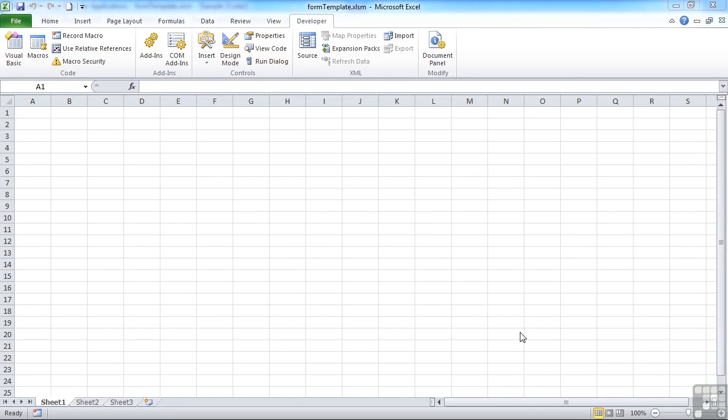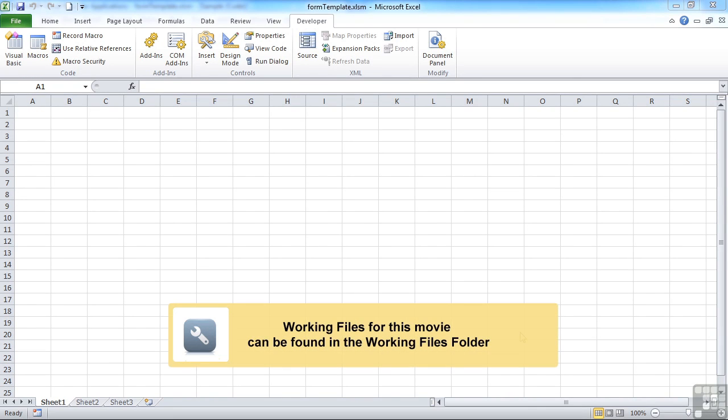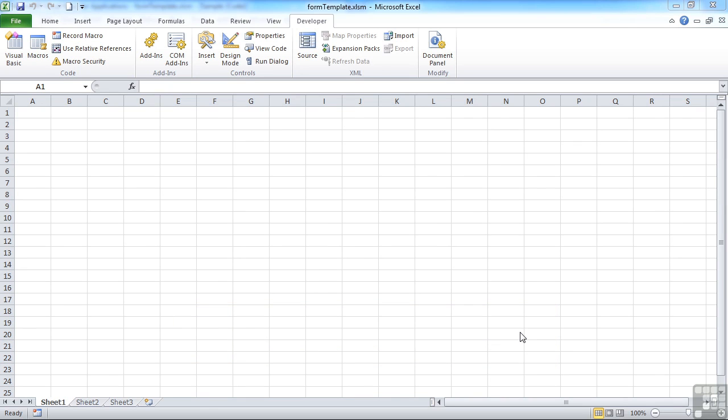So far, our user form has been pretty grey and bland, although we have experimented with a little bit of colour on the command buttons. Now we can use images. We can add images to command buttons, or we can use images in their own right as objects on your user form. Let's take our form template,